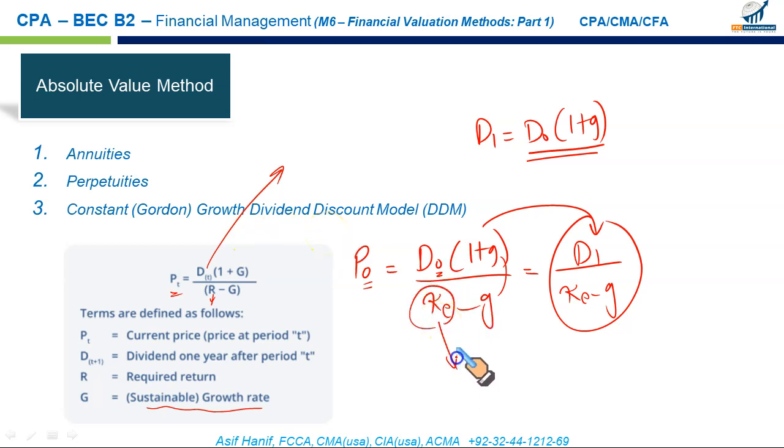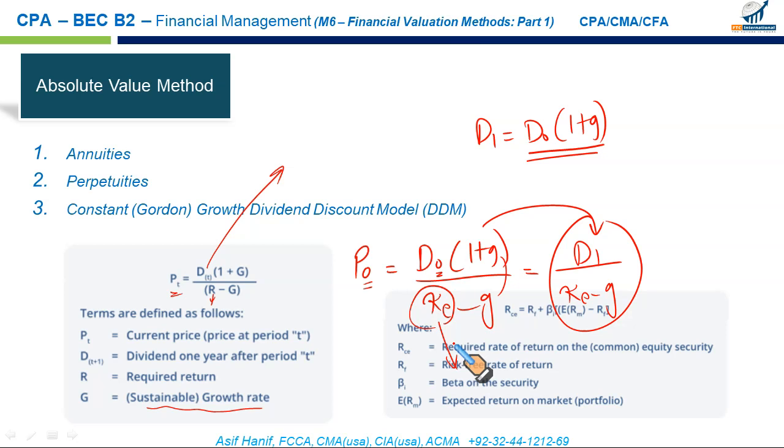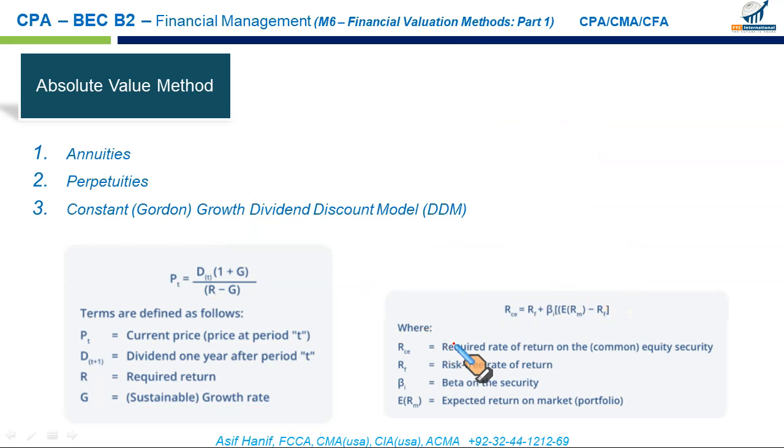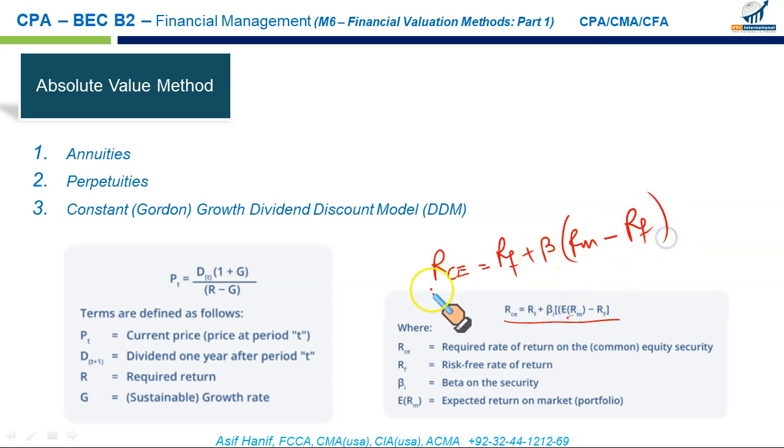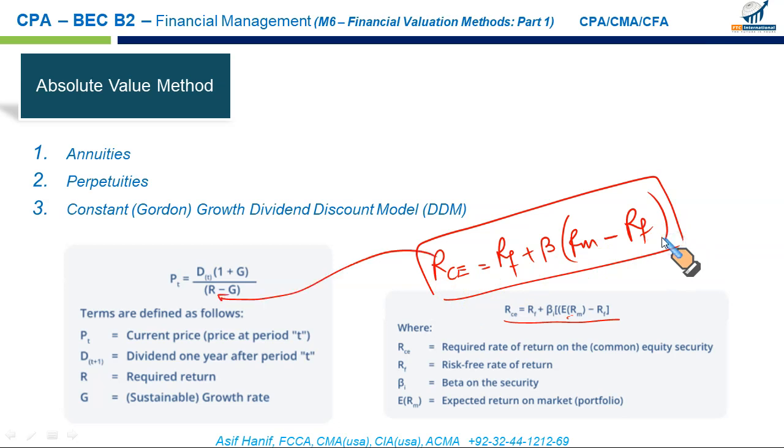Sometimes you may have to calculate KE, also called the required rate of return, for which we have a model we discussed earlier. That is the CAPM, capital asset pricing model. This is the model we can use to calculate the cost of equity or the cost of common equity. Cost of common equity is equal to the risk-free rate, which will be given to you, plus beta, which will be given to you, times the required return on market, RM, or expected return on the market, same thing, minus the risk-free rate. So this is the version of the formula we have discussed much more in detail. And this is also called the cost of equity, sometimes cost of common equity, or just the required rate of return. And you will have all these numbers to do the computation.